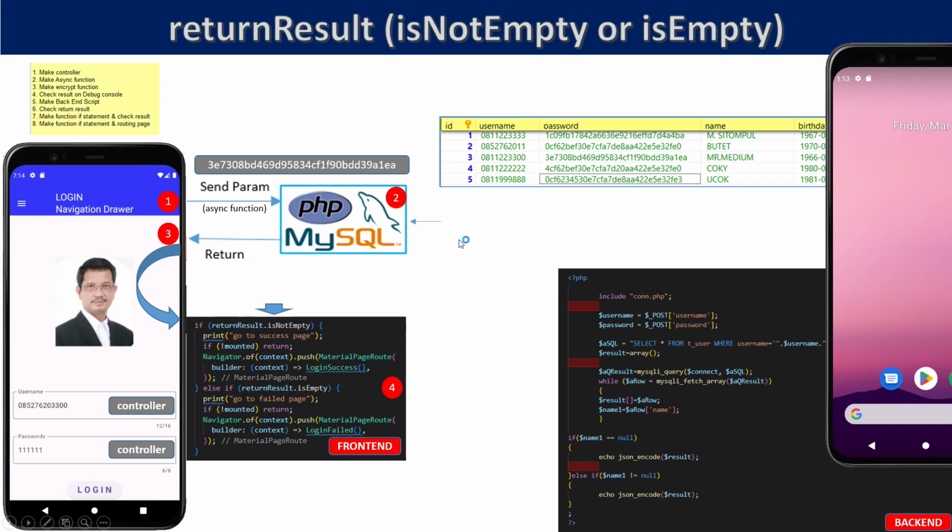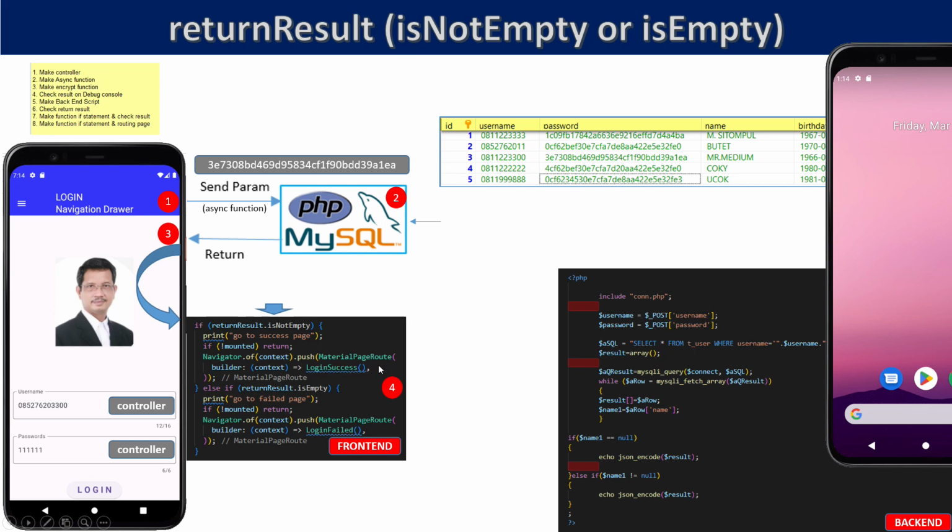Before we use the preference, this is without preference. After we type this username and also this password, send to the backend, return back to the Flutter, and then Flutter makes a comparison. If the result is not empty, the Flutter goes to the login success.